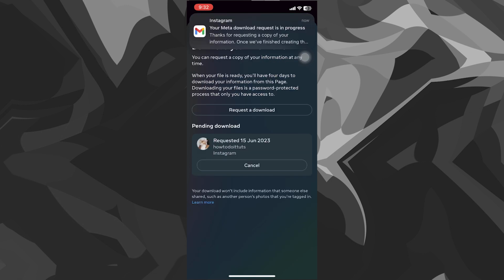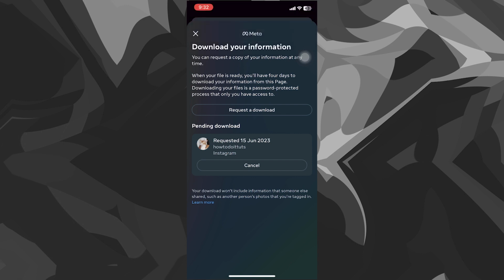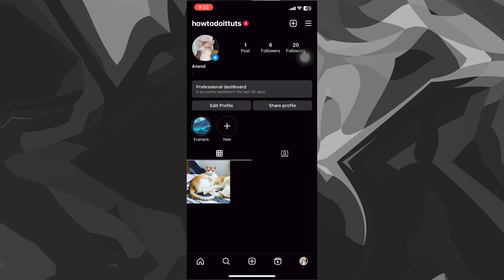So as you can see, I have got an email where it says your Meta download request is in process, and once that is done, the pending download will go away and I will get a button wherein I can download my information. So once you get the email and you have successfully requested a download,